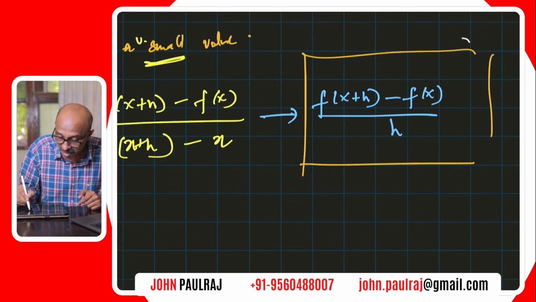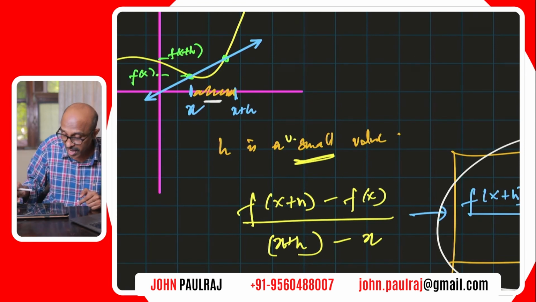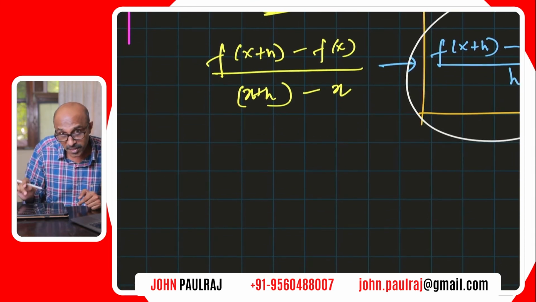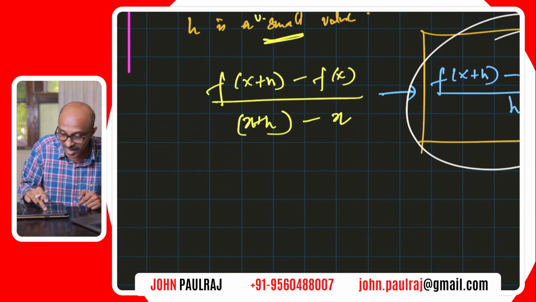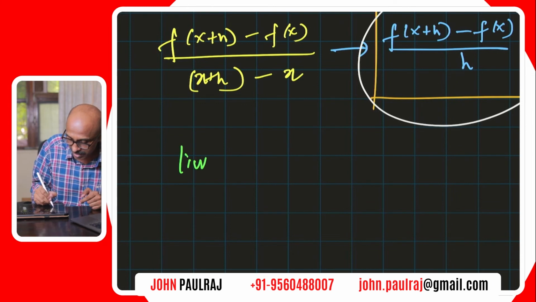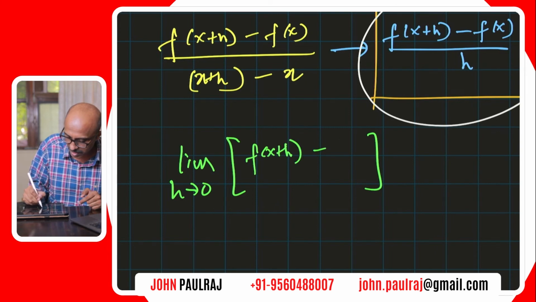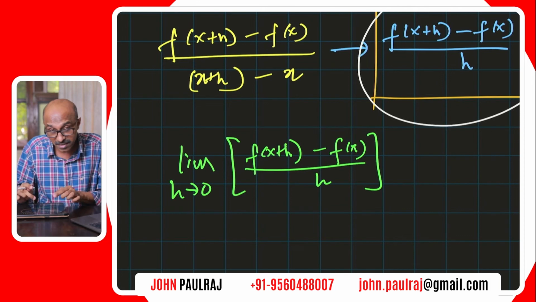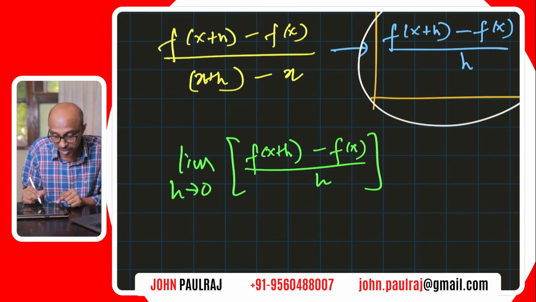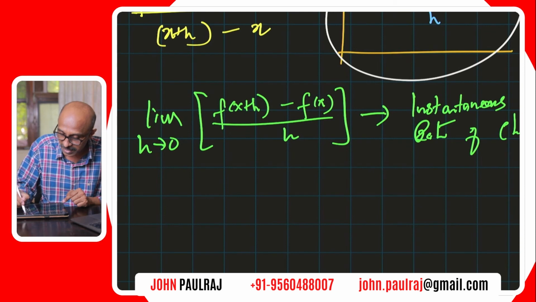And now when we examine the behavior of this slope, the slope of the secant line, as h becomes small, h is the distance between x and x plus h. As h becomes really small, this slope of the secant line will become the slope of the tangent line at that point x. All right, so what we are saying is as limit h approaches 0 of the same expression, f of x plus h minus f of x over h. Inside the bracket is the slope of the secant line. Using the limit as h approaches 0, we get what is called the instantaneous rate of change, which is what? Which is the slope